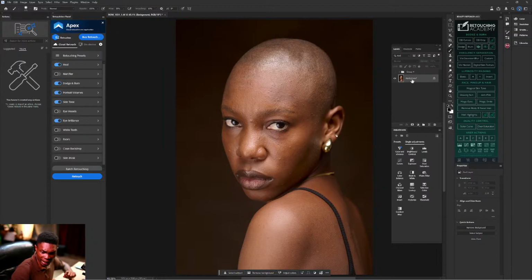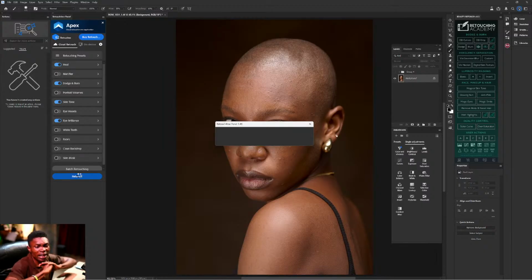I will use AI now. Yes, Photoshop is better to use now. For anybody who just joined, Photoshop is better. I will use retouch for me. I will remove portrait volume because portrait volume does the dodge and burn we talked about. This dodge and burn you see here is dodge and burn retouching. They do the actual dodge and burn to give the face dimension. If I click on retouch, in less than 2 minutes, this picture will be properly retouched. So for those who just joined, let me start everything from the beginning. This picture will now be properly retouched.